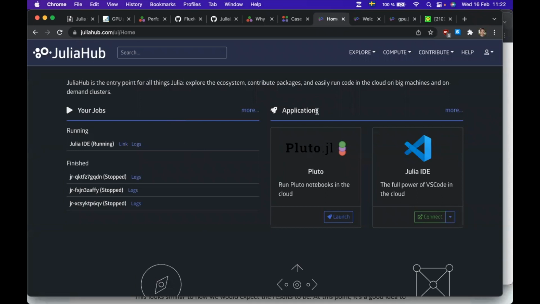On the right, you see applications. Don't select Pluto, select Julia IDE, VS Code. And then you should press a launch button, which is here. And then you get a menu. I cannot reproduce it here because I already started my session, but you get a box or a menu where